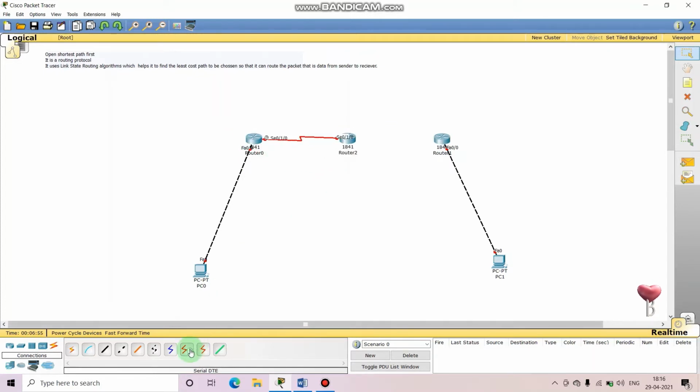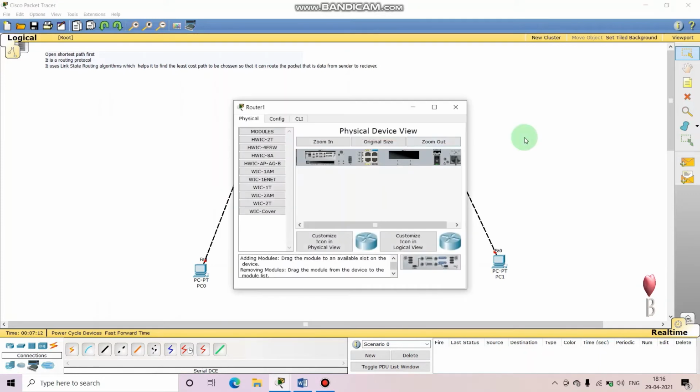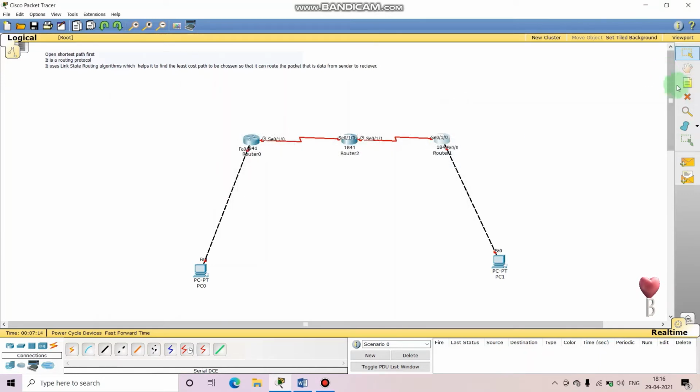Okay, yeah, so we are connected now. Let's add the addresses. I'll first label it for you so that you will not be confused about what addresses I'm using.